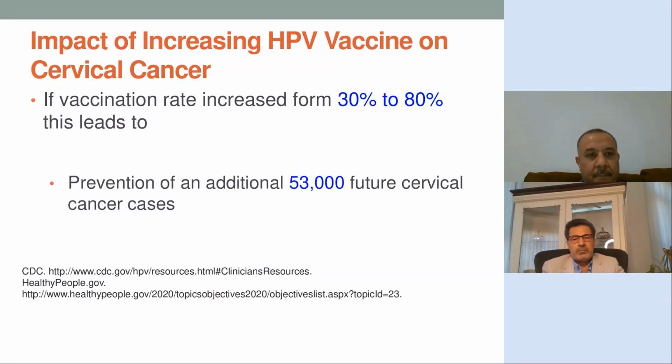papillomavirus. The same, but this one is an aim from the CDC. I will give you a link at the end for a site with information about the human papillomavirus vaccine. But if you read about it, you will notice that the CDC is trying its best to increase the introduction of the vaccine all over America. They are saying that if they succeed in raising vaccination from 30% to 80%, they can prevent around 53,000 cases of cervical cancer.